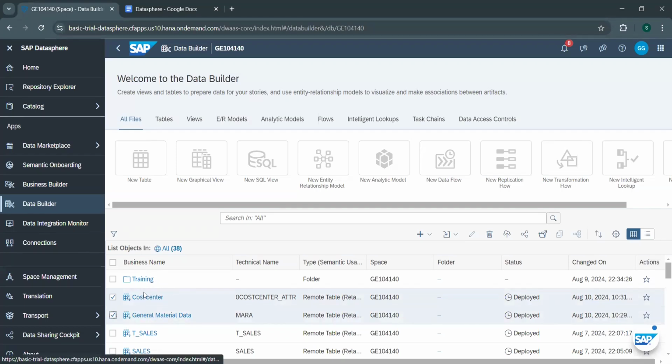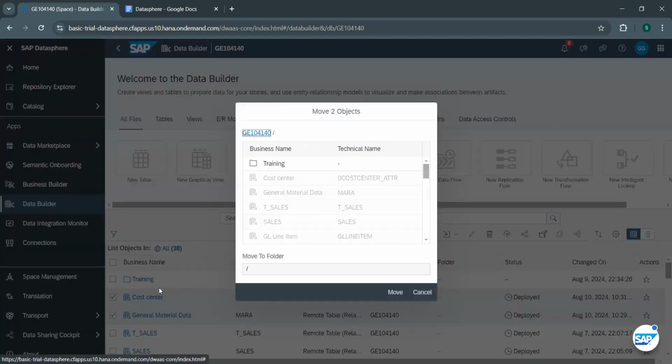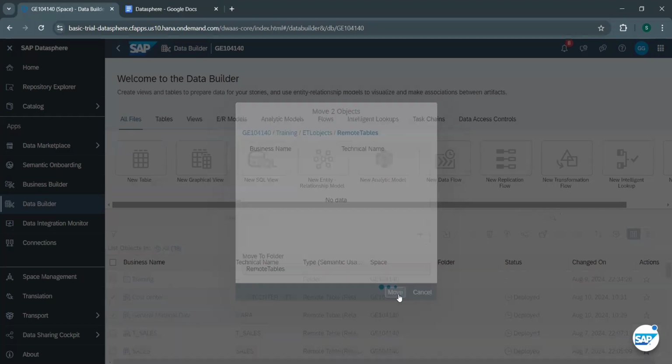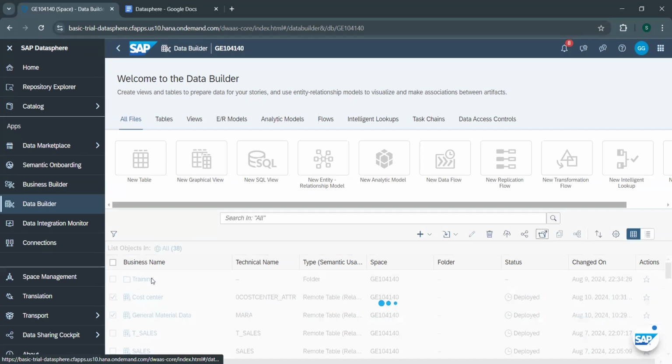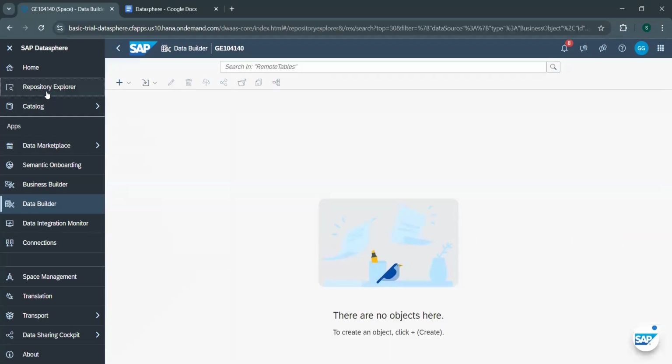I should be in the training folder so that I would have created my objects directly in the required folder, but I created them outside of the training folder. So what I'm going to do is move these objects from this folder to the training folder. I'm going to go into the training and the ETL objects, and then choose remote tables and then say move. Instead of doing this, I would have gone to the training folder and created those objects at the required place. So now my objects are created, and since they are remote tables, I can do the data display. So I can go to the repository explorer,